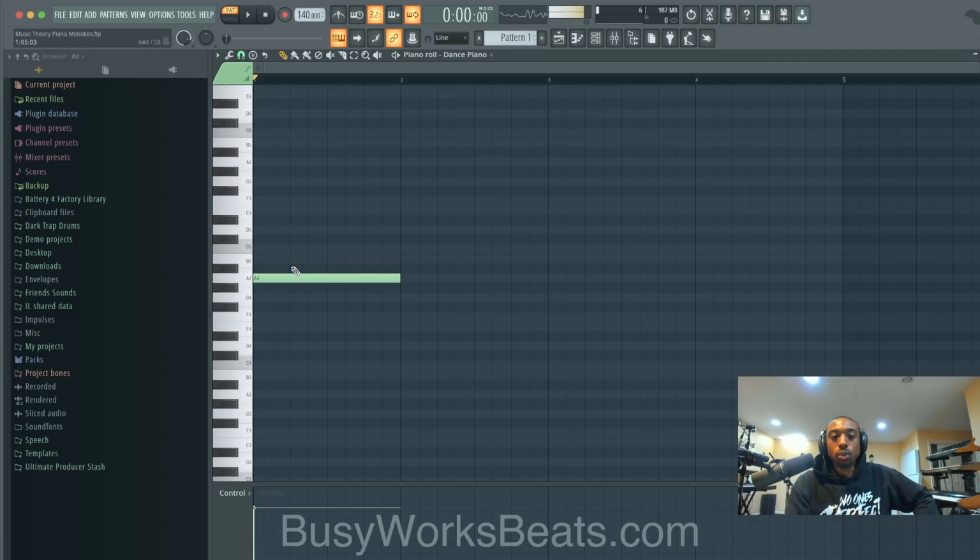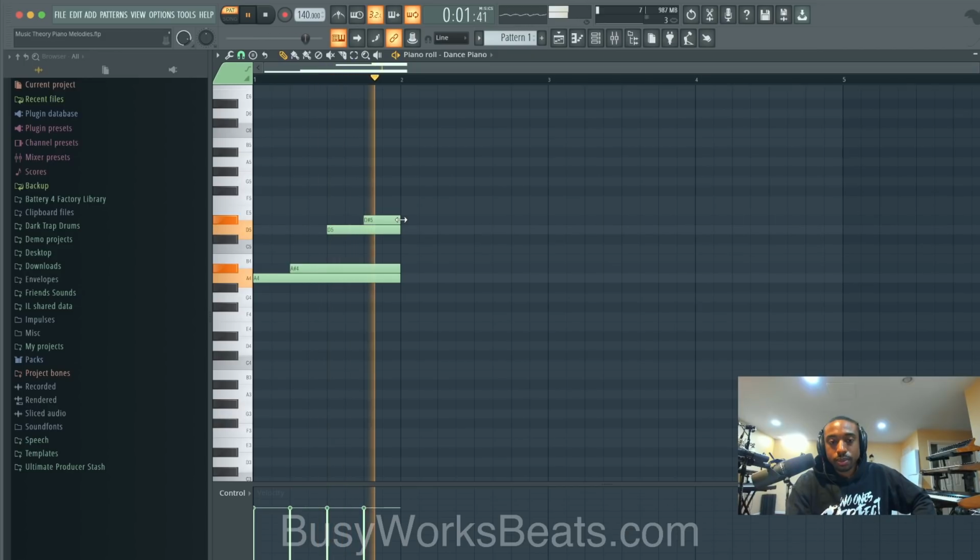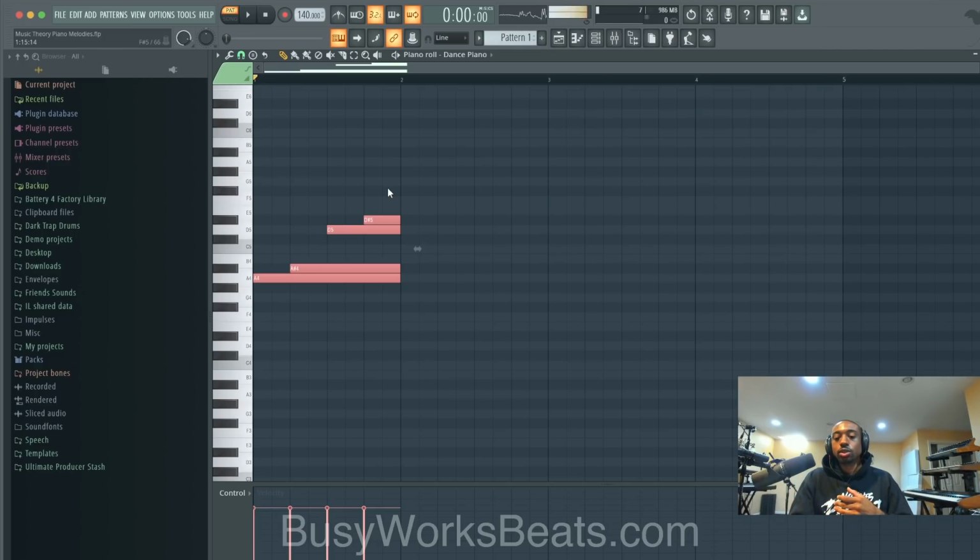Okay, so we're gonna go one note directly up to the note above. And then we're gonna find another note. Okay, so we're gonna use D in this case, and then go to the note just above. You've heard this a million times. It's because half steps make up trap sounds. And half steps are when you go from one note directly to the note above.